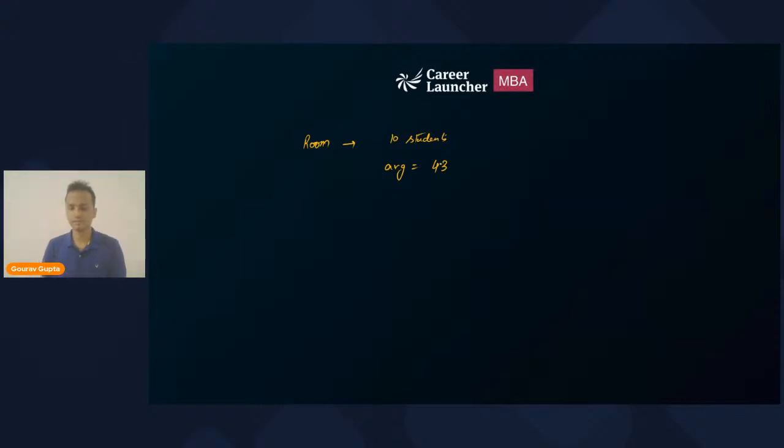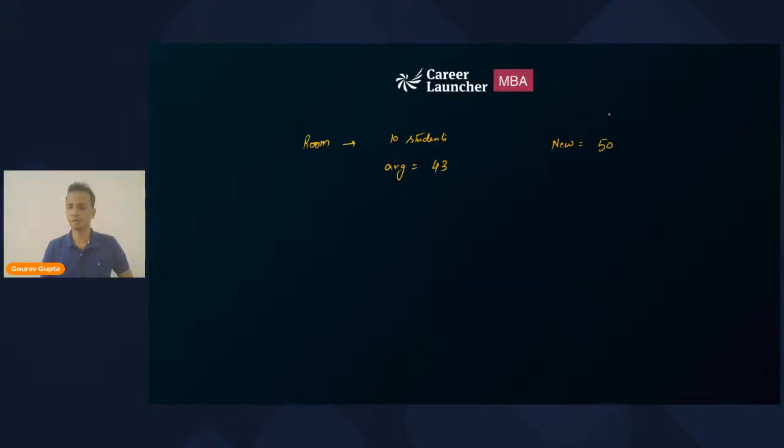Okay, UV has given an answer. Fine. So UV, Meghadri, other students, have a look at this. Let's say there is a room in which there are 10 students, and the current average of these students is 43. Now, a new student enters this room, and the marks of this student, let's say, is equal to 50.